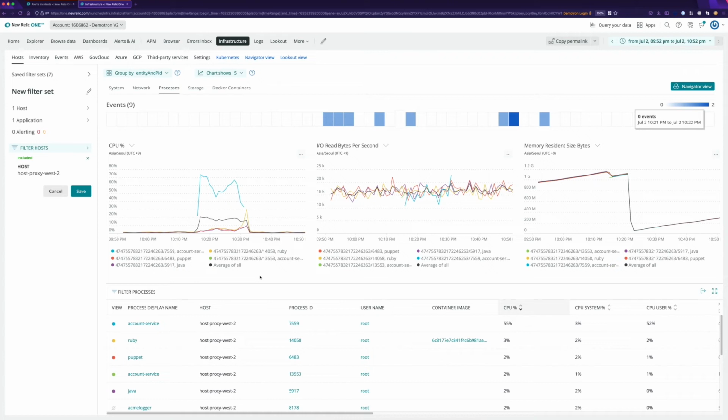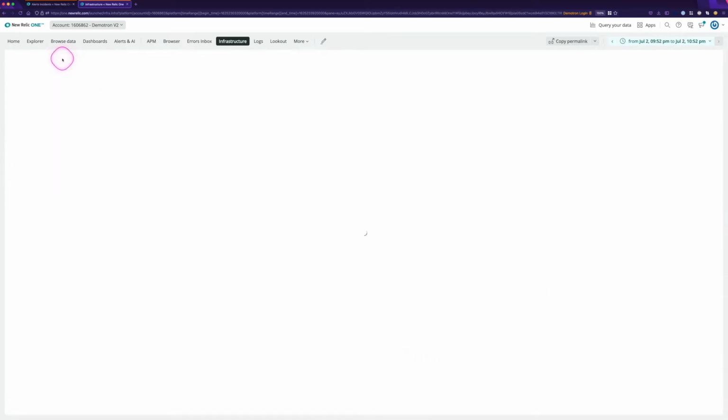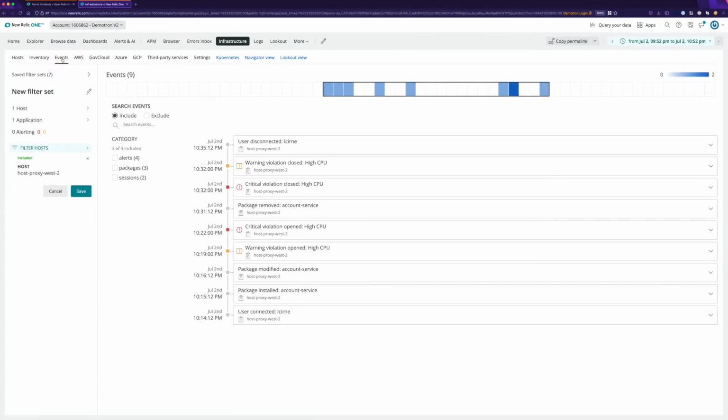But how can we confirm that? How can we be so sure? Well, we can see that along this timeline, there are a series of events that occurred. So to take a look in a little bit more detail, I'll click into the Events tab. Now this has maintained our filter here on the host and the time range up here as well. So we're still looking at the same data, just obviously looking at it in a list of events kind of view.